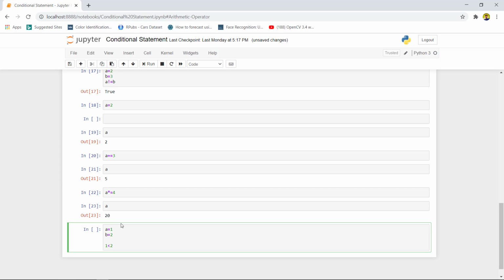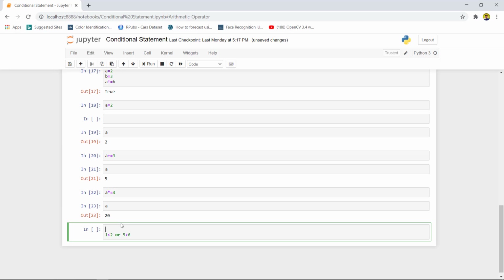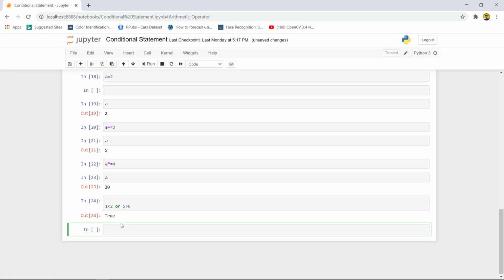Now we will type one more statement, which is 5 less than 6. As we can see, both statements are true. Suppose one statement is false, like 5 greater than 6, so one is correct, one is false. If we use the or operator in between the two, it will give the output true.